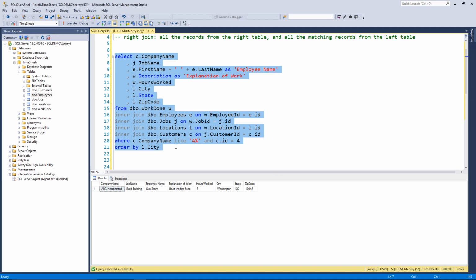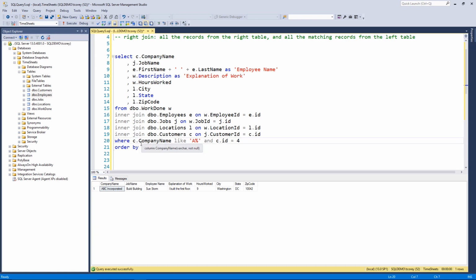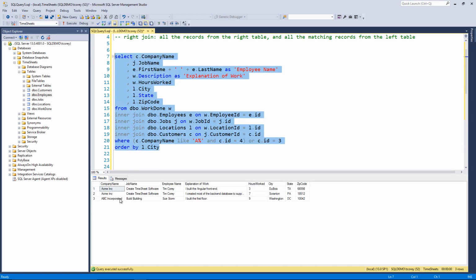If you want to, you can get even more complex. For example, you could say, let's wrap this in parentheses: company name like A% and company ID is 4, or c.ID equals 3. So now when we run this, both the Acme and ABC Incorporated show up because